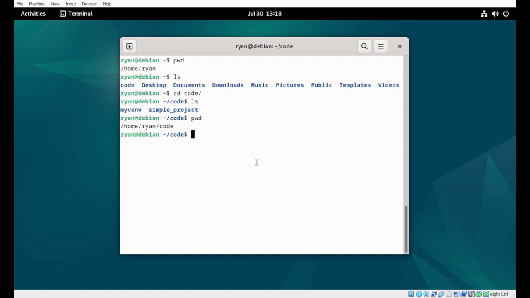So an important thing to note with this command is absolute or relative paths. A relative path refers to the location of a file or directory that is relative to the current working directory. So what this means is if we print our working directory and list, we can see we're in /home/Ryan/code. We can do change directory. We can go into the simple project directory. So the whole file path of this would be